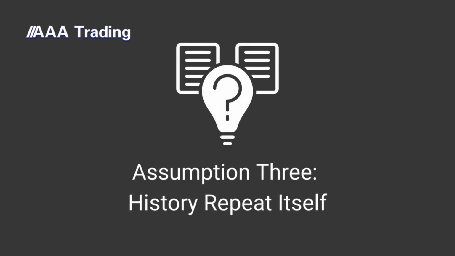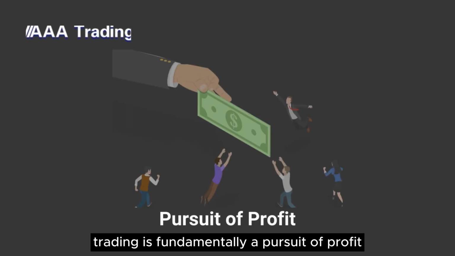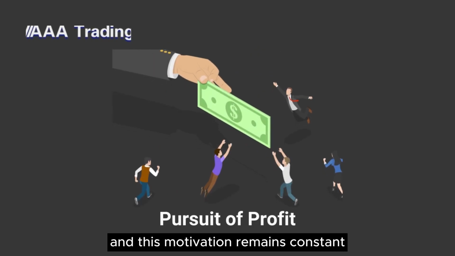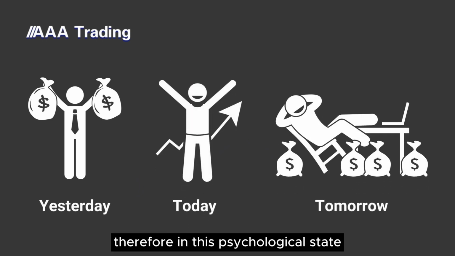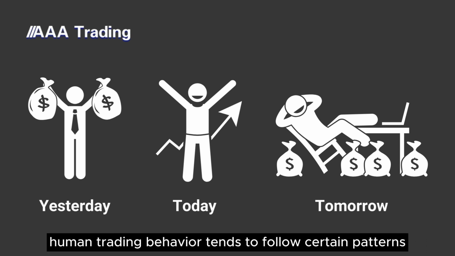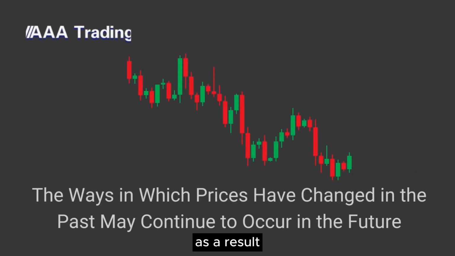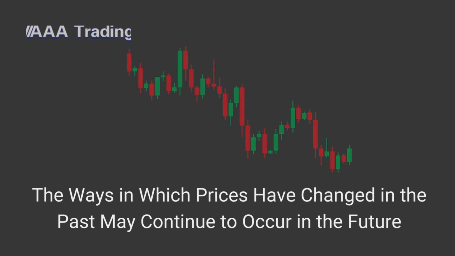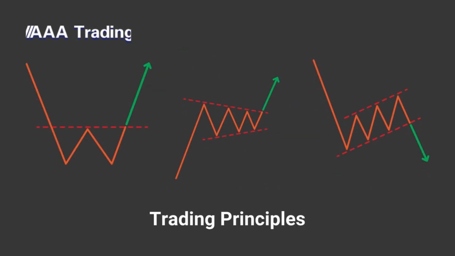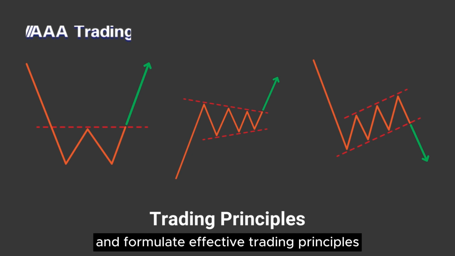Assumption 3. History repeats itself. This consideration stems from human psychological factors. Trading is fundamentally a pursuit of profit, and this motivation remains constant, whether it's yesterday, today, or tomorrow. Therefore, in this psychological state, human trading behavior tends to follow certain patterns, leading to historical repetition. As a result, the ways in which prices have changed in the past may continue to occur in the future. This is worth studying for investors, and by employing statistical analysis methods, they can discover regular patterns and formulate effective